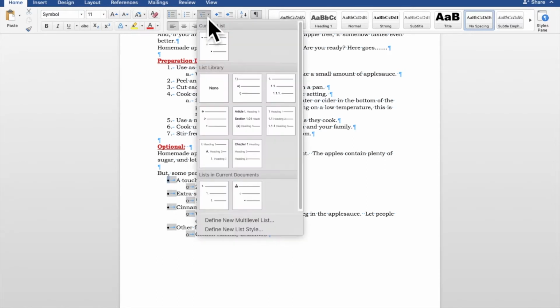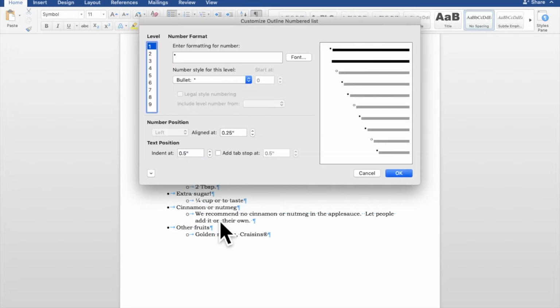Either way, you're going to go up to the multi-level list button and go to define new multi-level list. Again, on the Mac or on the PC, it looks a little different, but you can figure it out. So the picture's kind of up top. It says, hey, what level are you going to modify? Make sure it's 1. Remember, modify means change the look. And then format is